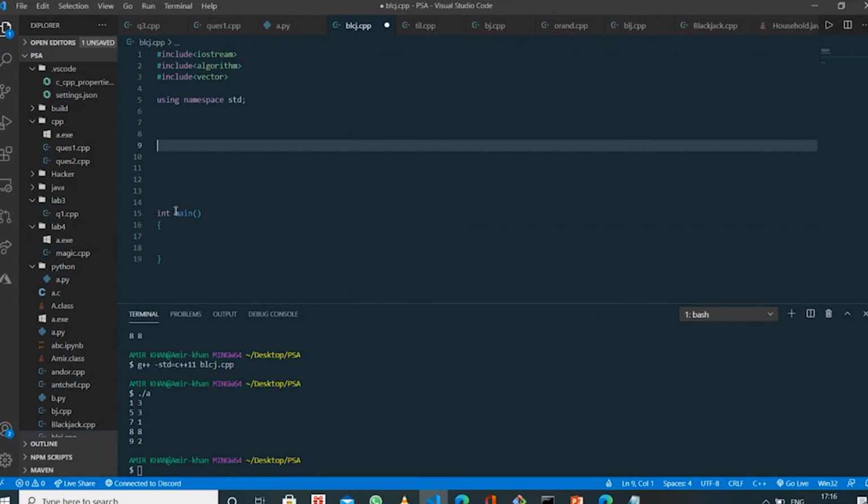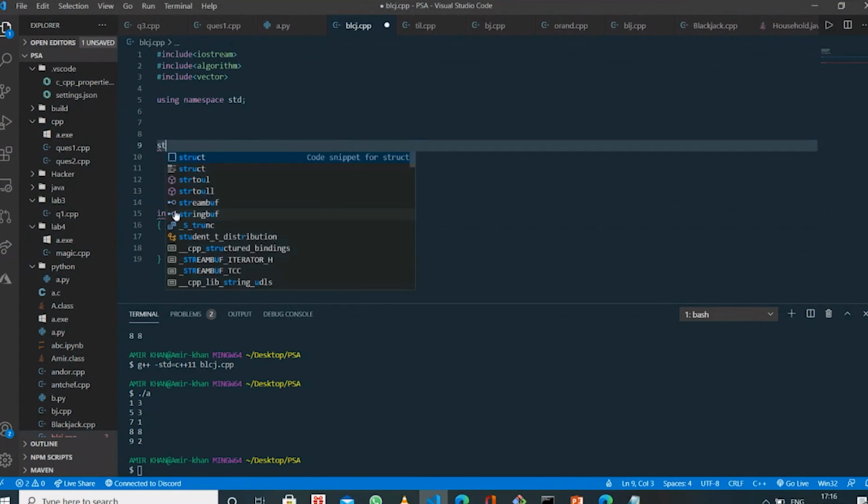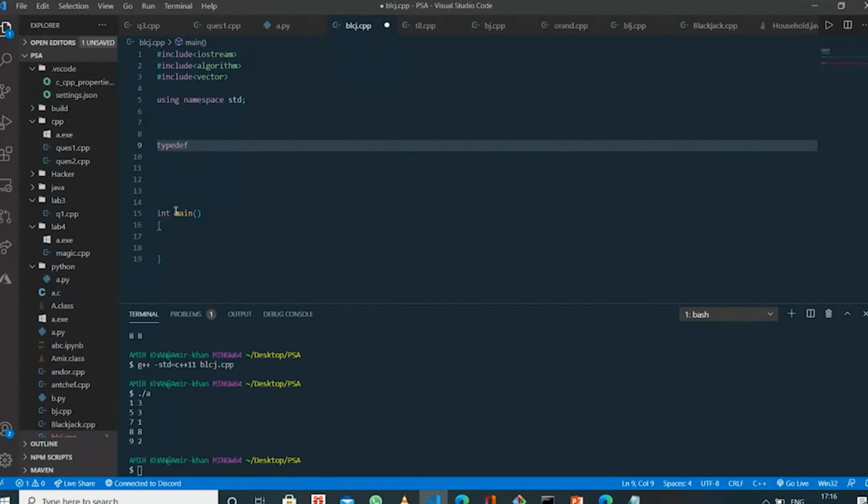So we have used pair. Now I want to show you how you can sort with user defined variables or user defined objects.